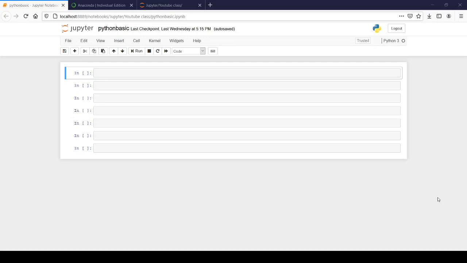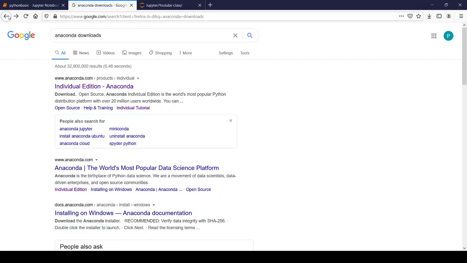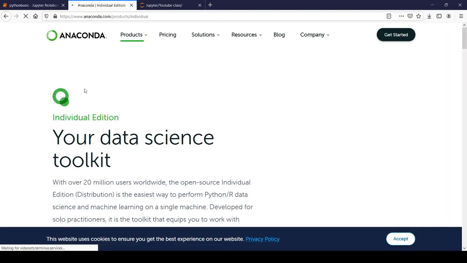Anaconda is the platform where we get all IDEs like Jupyter Notebook, Spyder, all these IDEs are available in Anaconda. So let's download Anaconda. For downloading Anaconda, you just Google 'Anaconda downloads'. Simply open the first site, and when you scroll down